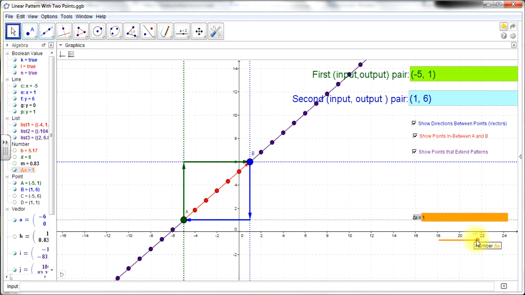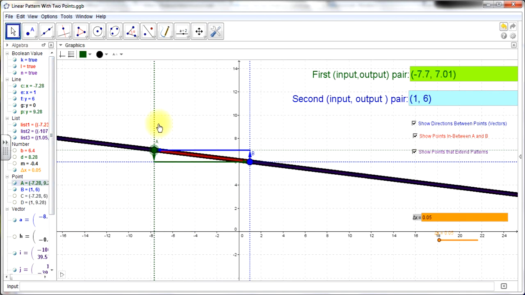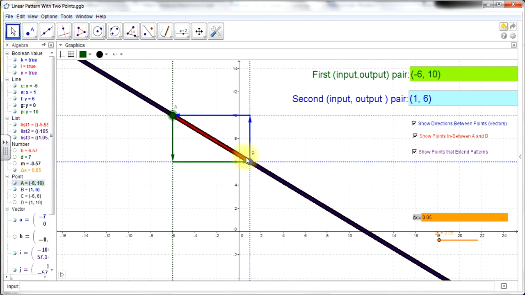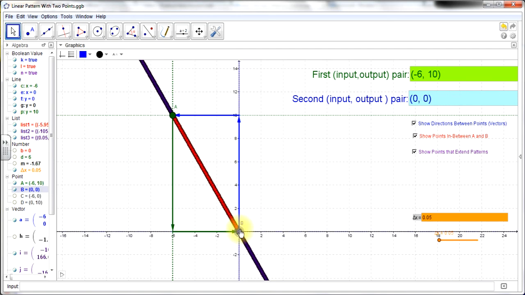And again, if we change our change of x, notice now the whole line here, these are a bunch of points. The difference between 5 100ths in our inputs creates this nice dense line. So helping kids understand what graphs and patterns are, right? So now as I change my points around, you can see the line moving, right? So we only need 2 points to really define a line, okay? But the concept is just, it's slope,